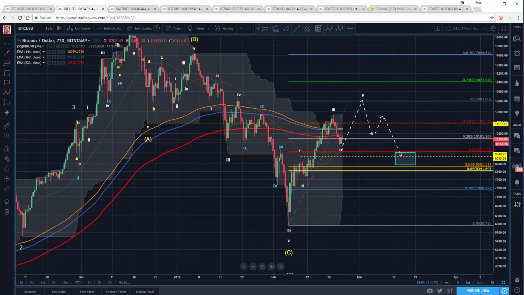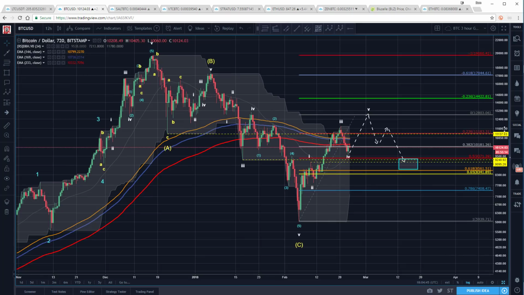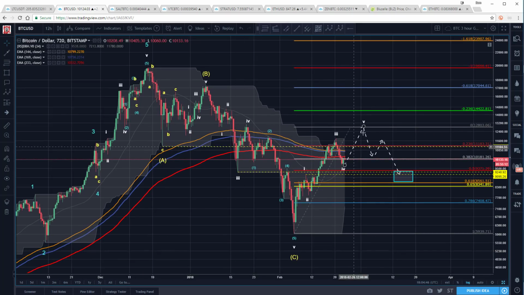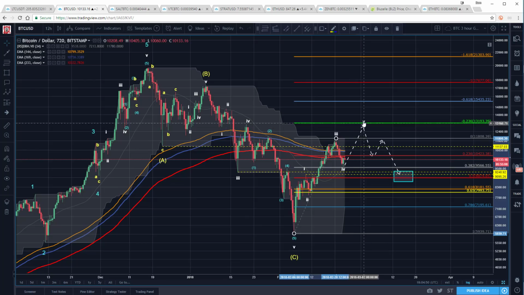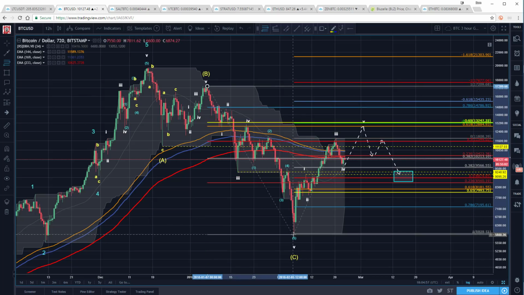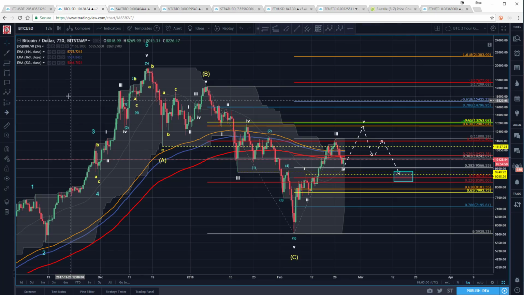Well, let's see if we can find any other evidence here. I'm marking this off as a potential target for our 5th, just the algo target. Let's check these major pivots. If I'm coming back this way, looking swing low to swing high, that's kind of interesting. Do you notice this? Here's our negative 23 right in the golden zone. So if we hit that target, again, it's a bit of a mixed signal,